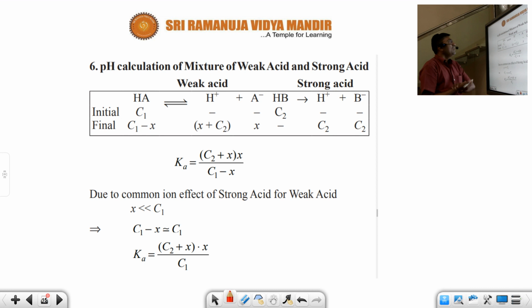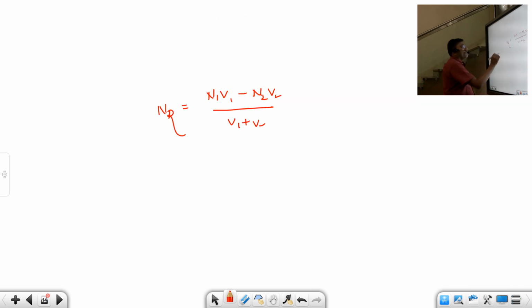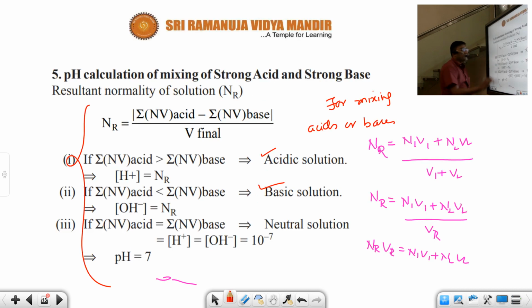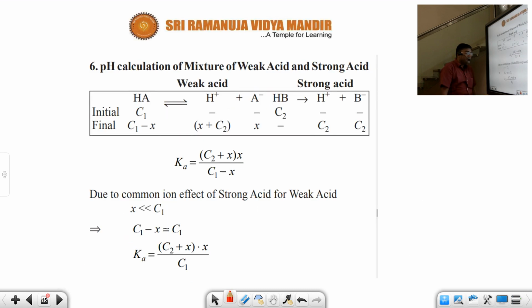Well, students, have a look here. You mixed here the strong stuff: two acids or two bases, or an acid and a base, all are strong. Now there is a case where I am adding two weak acids or two weak bases. In the earlier session, these are all applicable for strong stuff, strong acids and bases. It's not for weak acids and bases.